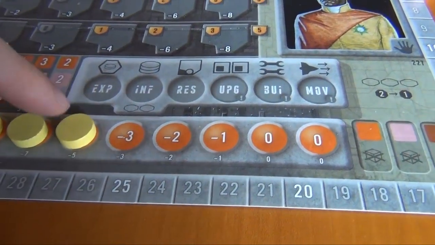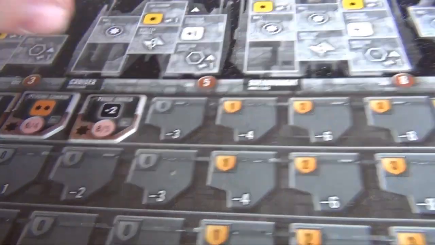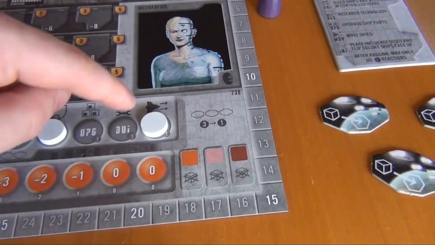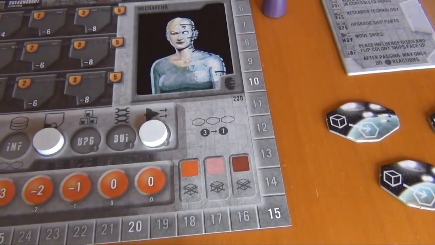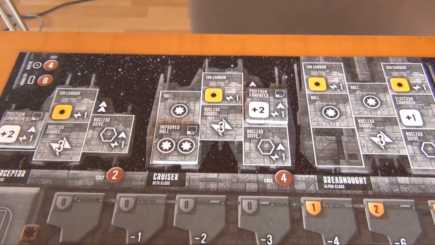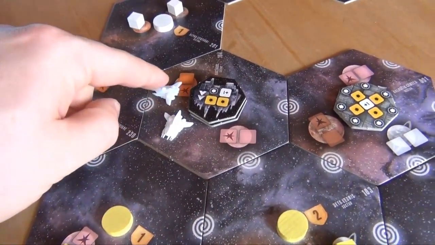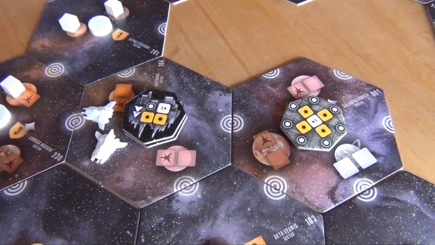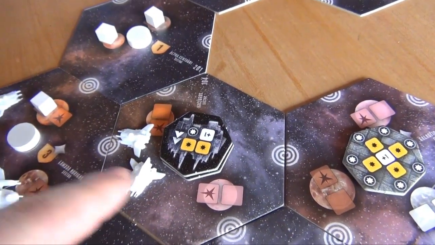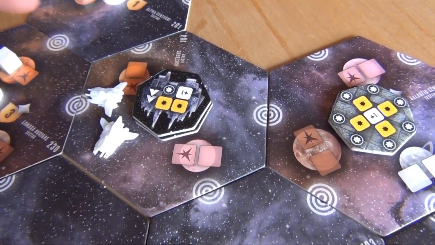The yellow player researches, and he picks a phase shield, which only costs him 6. The white player decides to move, so he gets to move up to 2 of his ships, and both ships that he has can currently move 1 space. So he picks 2 of his interceptors and moves them into here, meaning that there will definitely be combat at